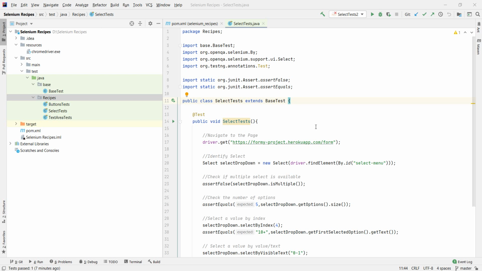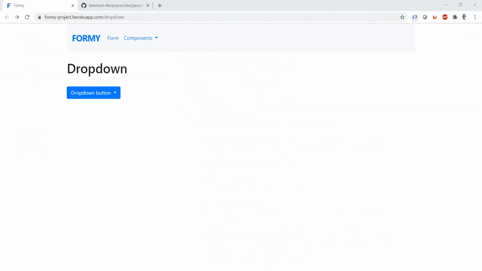Hi, so we have seen how using a support library like Select allows us to do really easy operations with select dropdowns. But there are some cases where, well, we just have plain old dropdowns, like this one here,